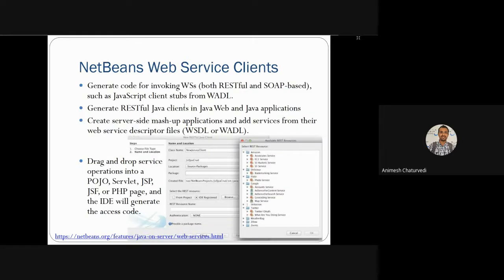Thereafter, this is an example of a web service client. So what could a web service client actually do? You create a client like a desktop application or some browser based web page. So basically, you generate invoking code for that web service.